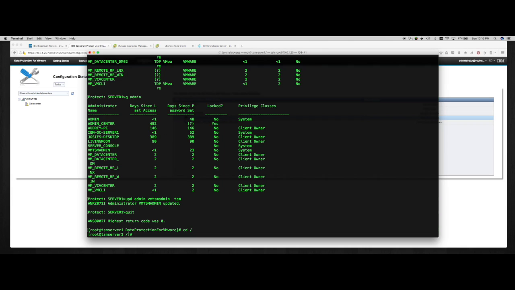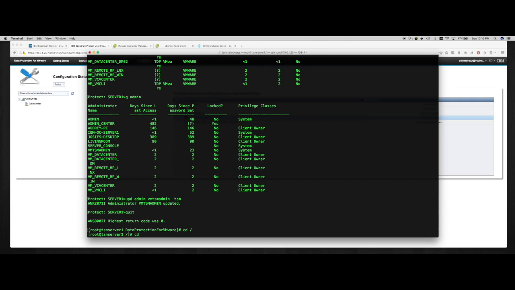So a data mover is essentially a Spectrum Protect client running with specific options in its option set. And there's a few settings that you have to go through in order to get that guy working properly to behave as a data mover versus just a traditional file client scheduler. So I'm going to go to the